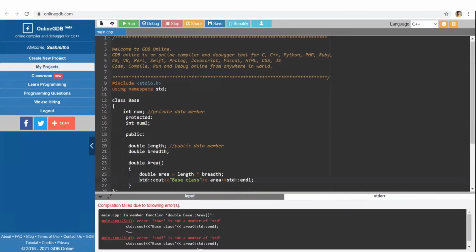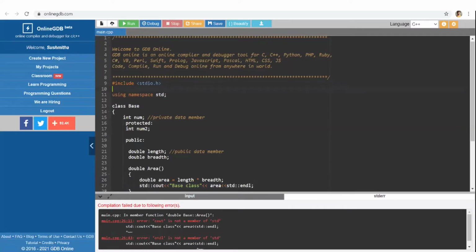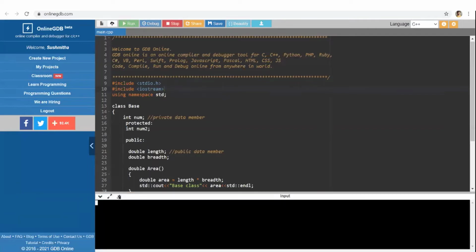Let me tell you, this is how it calculates. I hope it works now.